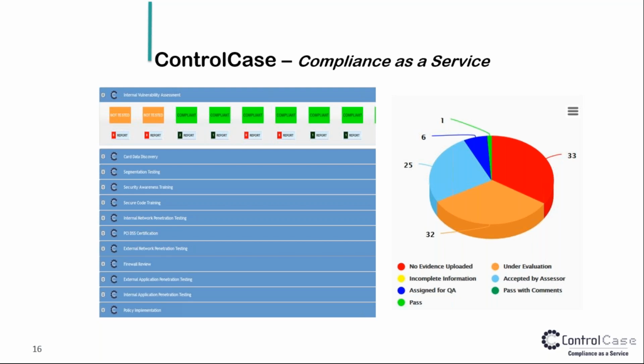So through this joint effort between the services provided by Control Case and evidence collected for the tasks that customers are responsible for, a complete compliance dashboard can be tracked and monitored by the organization's process or business owners. So anyone from process owners to business owners who have been authorized to access the Control Case GRC portal will be able to identify which tasks have been completed, what their status is, if they are stuck somewhere, if there are any issues in any tickets. Everything is accessible from our single GRC portal.